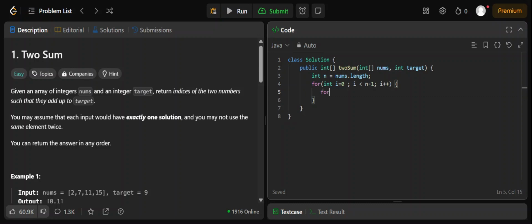So now we will take another variable that will also be int.